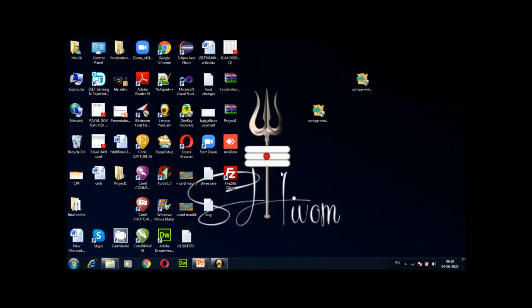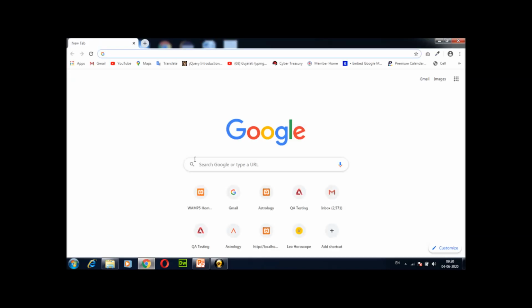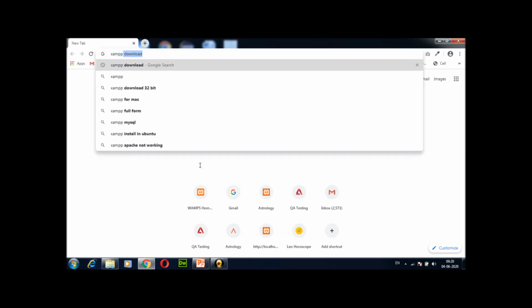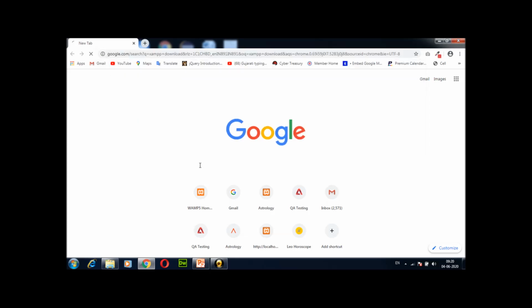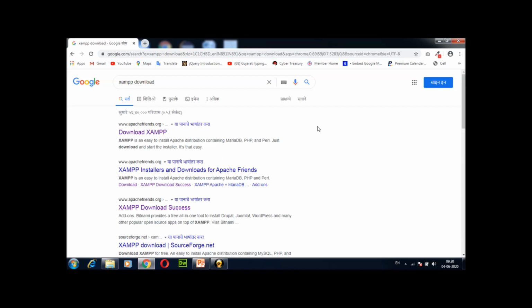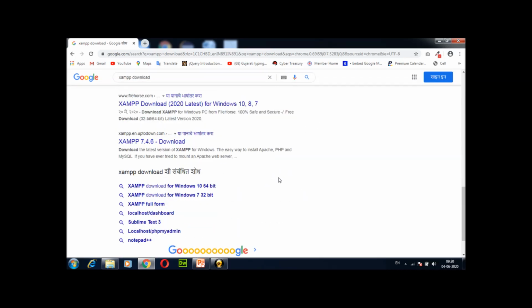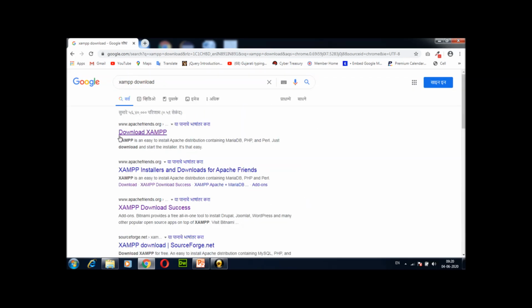For that, first of all you have to open a browser and inside the browser's search area write XAMPP download. Then you will see a list of links available for downloading a XAMPP server. The first one is the official website to download the XAMPP server, and this one is apachefriends.org.